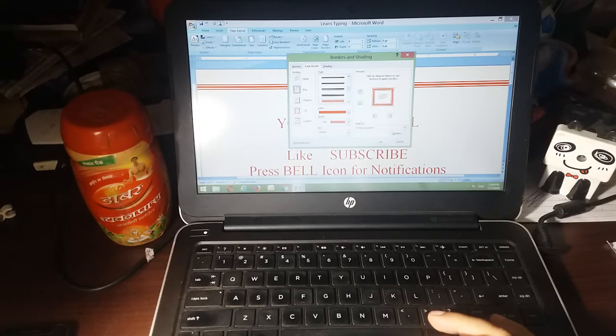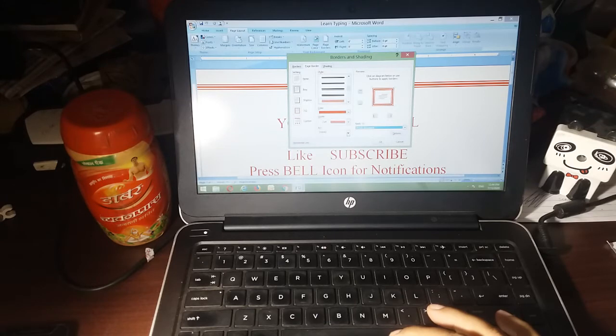And here it is written apply to whole document or this page, this section, first page only, or this section, all except first page. Whatever you want to choose, you can choose. Let us choose whole document.